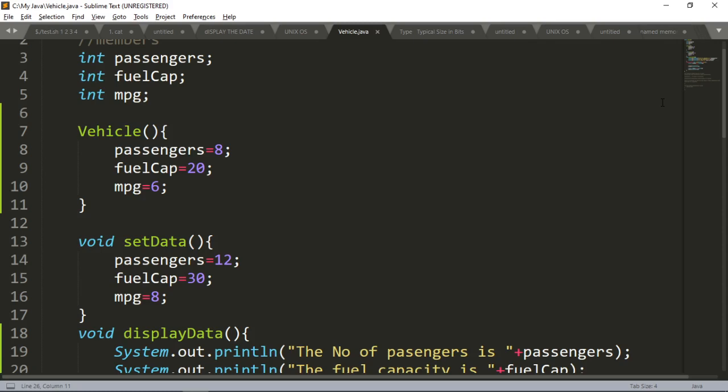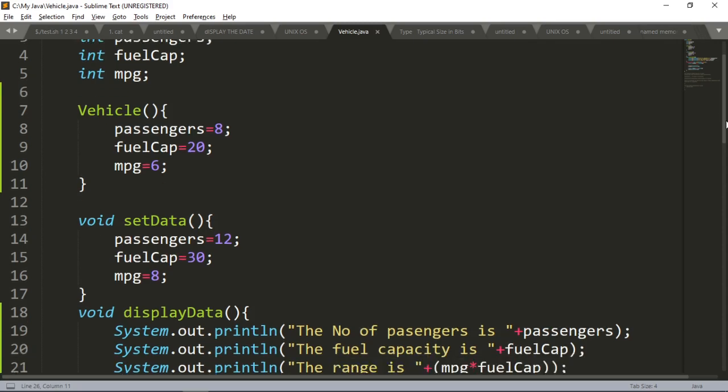This is the main meaning. So by the new operator we can create an object, but by the constructor you can only initialize an object during its creation time.